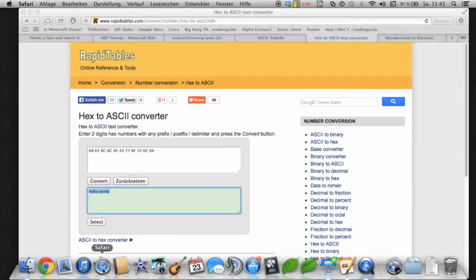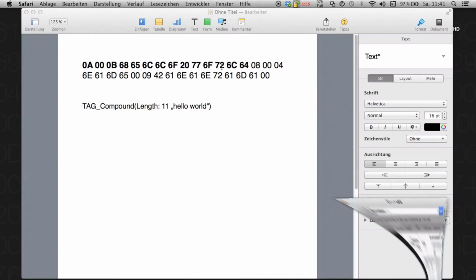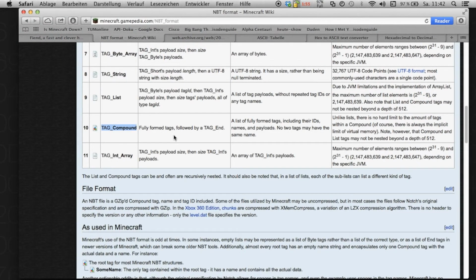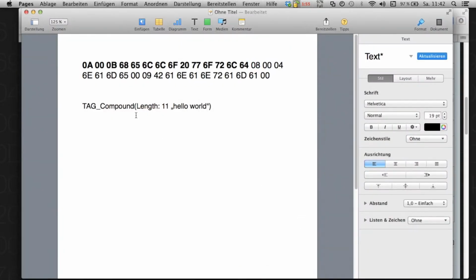And then we know from the Minecraft wiki that a tag compound is a list of fully formed tags, including their IDs and names and payloads. So the tag compound has no payload, but it contains another few tags. So the next byte is the ID of the next tag. So 08 is in decimal 8, and we can see it's a tag string. So just paste it in,